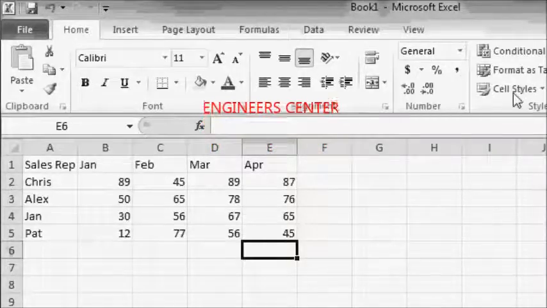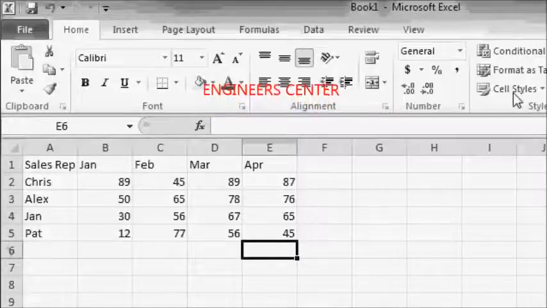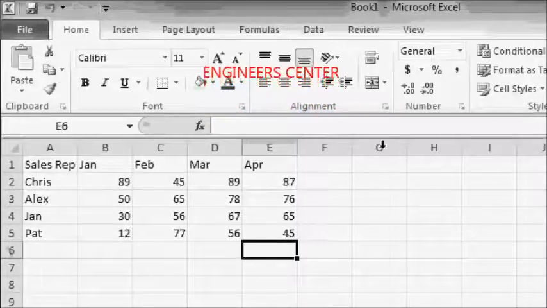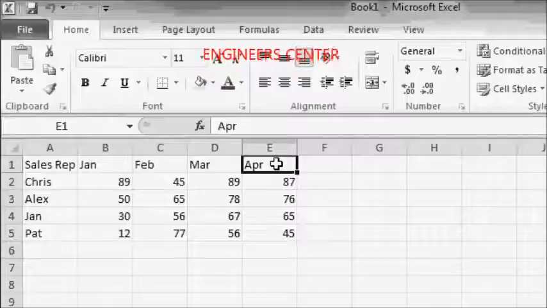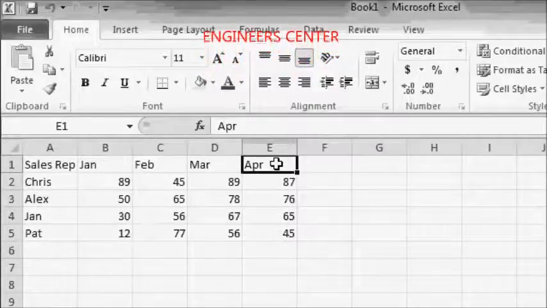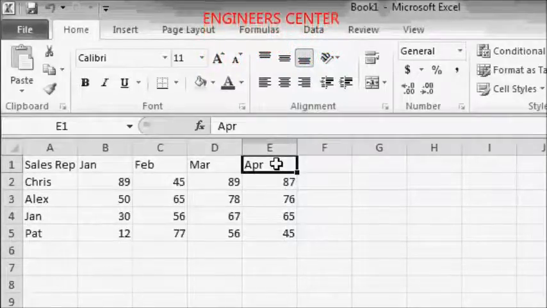Now notice in Excel that all of the numeric values, the numbers, line up on the right side of the cell, but all of the text values, like these headers here with April, line up to the left side of the cell. We'll see how to correct that